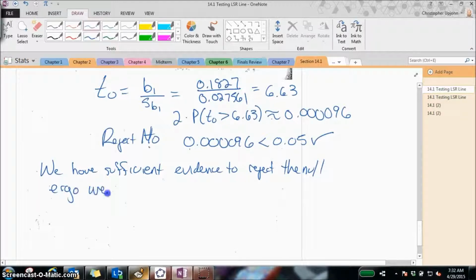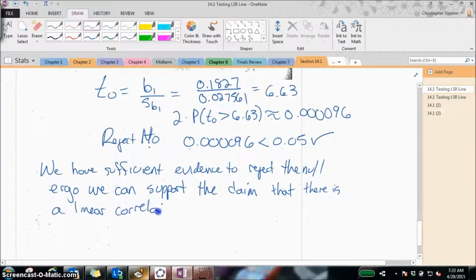Ergo, we can support the claim that there is a linear correlation. Beta 1 not equaling 0 means that there is some kind of correlation. There is a coefficient there. There is a linear correlation between head size and height based on our sample